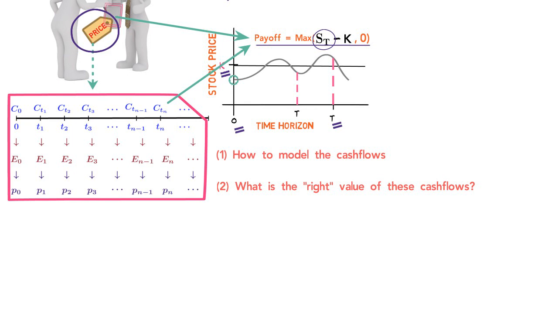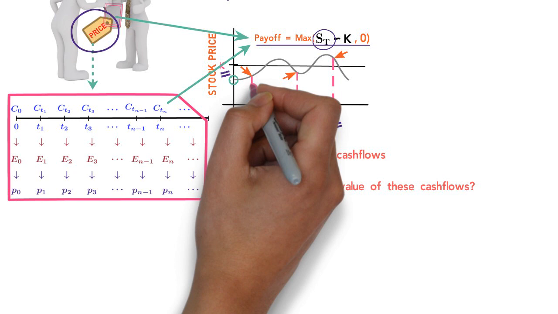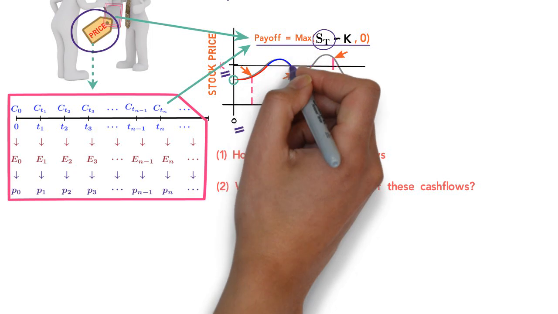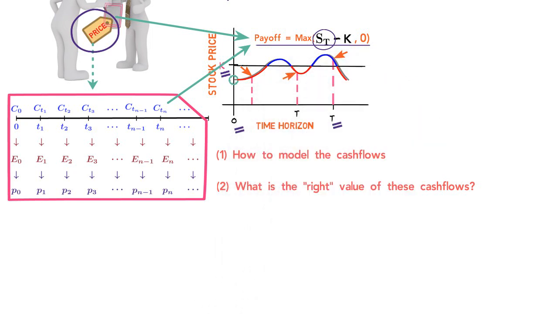And this payoff depends on the performance of the underlying share at maturity. In general, the future stock price is an unknown quantity, and so it can be treated as a random variable. Because if at the time the option matures, the stock price is somewhere like here, we have seen that the payoff is ST minus K. But if at the time of maturity the stock price is like here, that is less than K, then the payoff is 0. And so also it would be 0 if the maturity time were here, and so on and so forth. So more generally we can draw something like this,